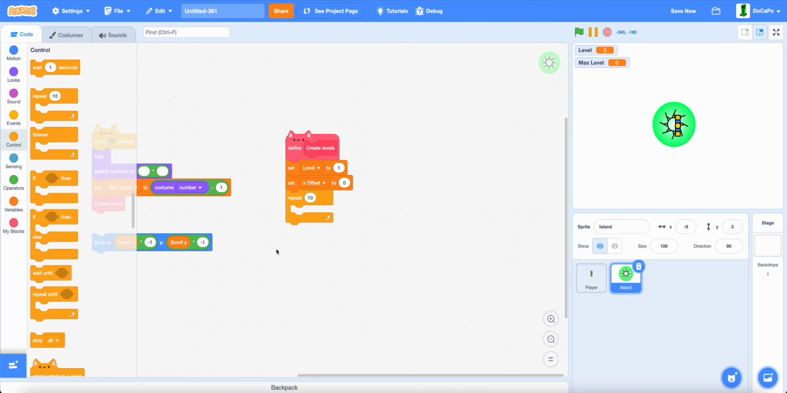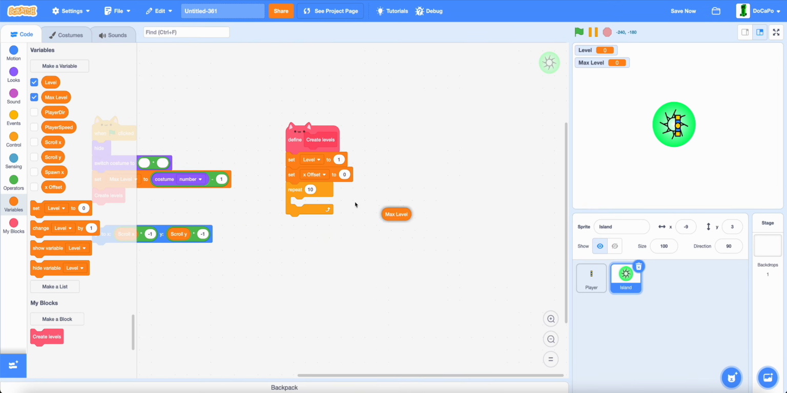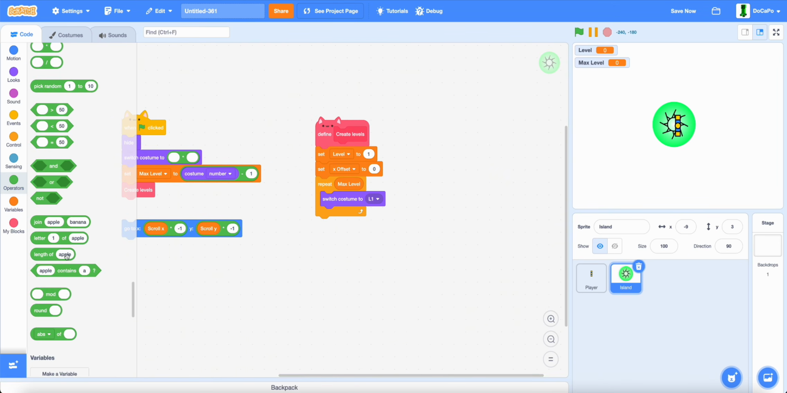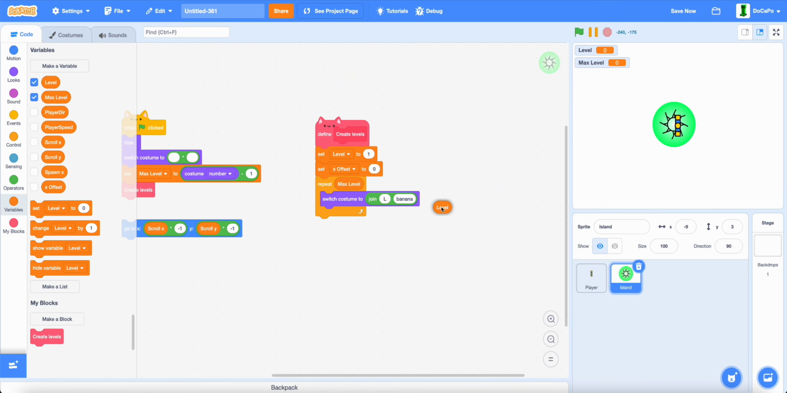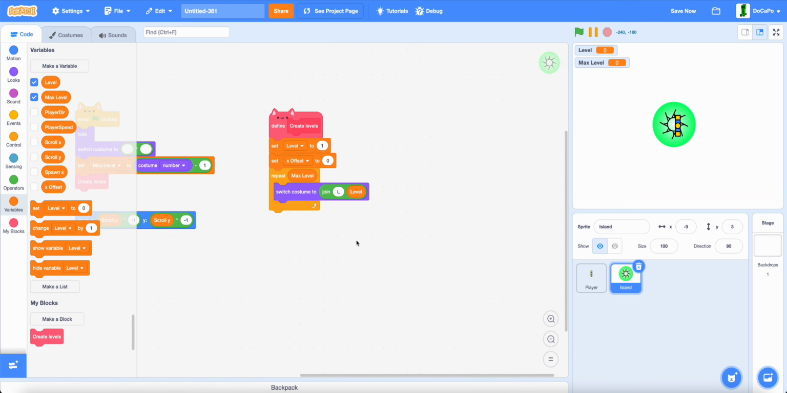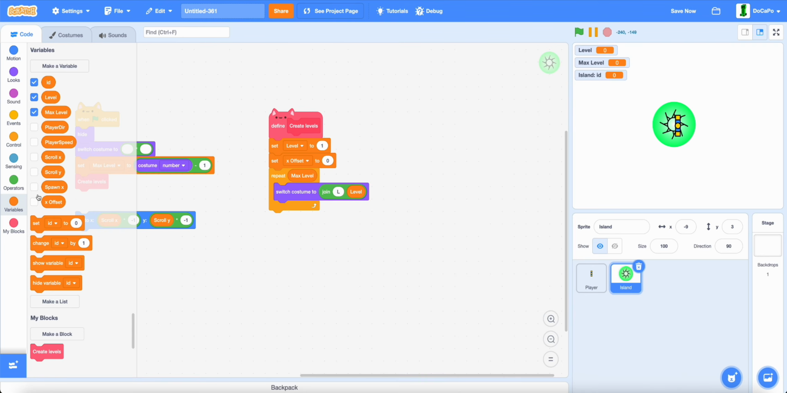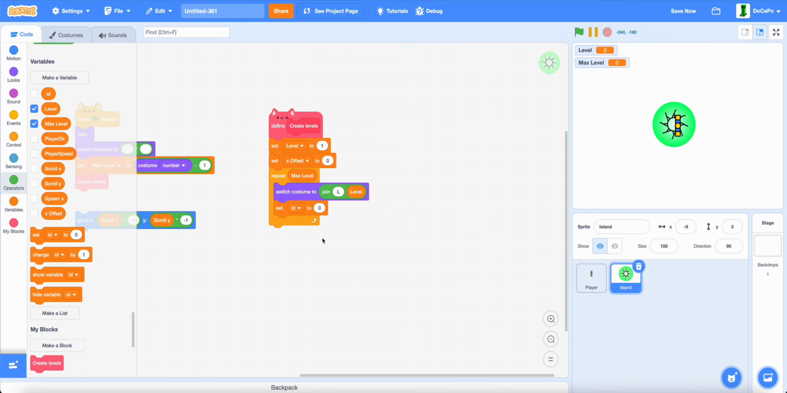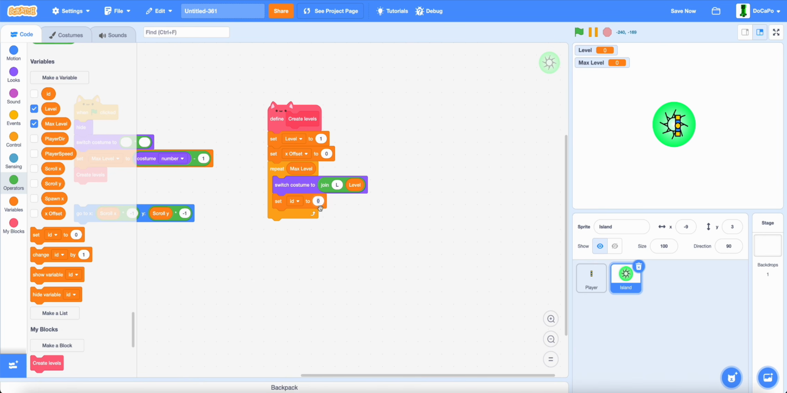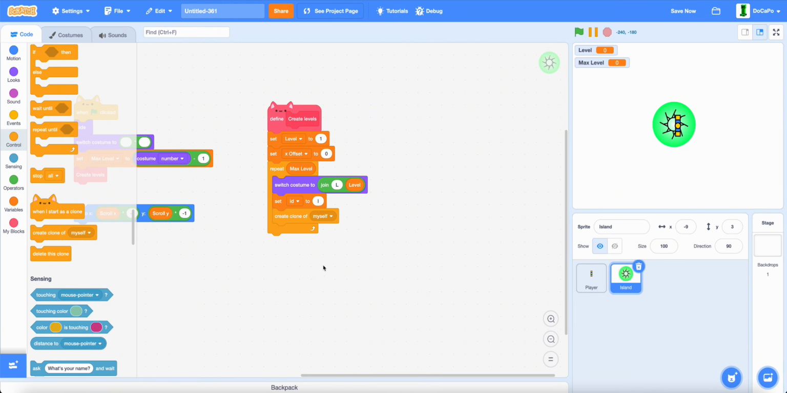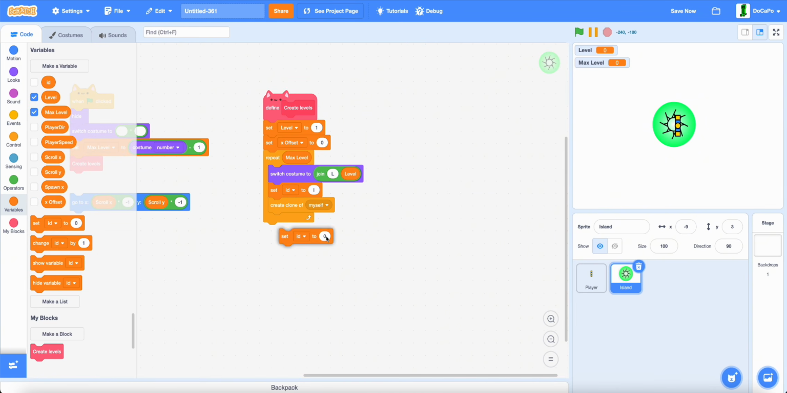Now repeat by max level and switch costume to join and then L and then level. Then create a new variable called ID for this sprite only. Now set ID to L for level and create a clone of myself. Then set ID to level